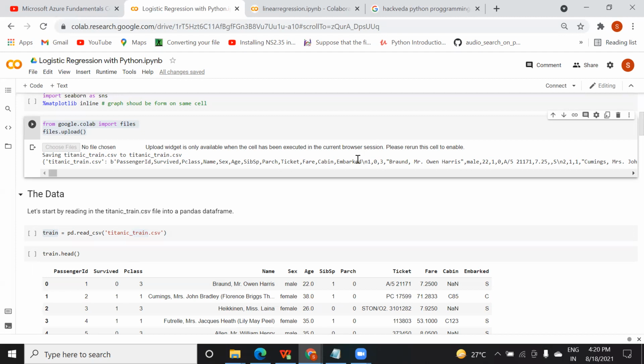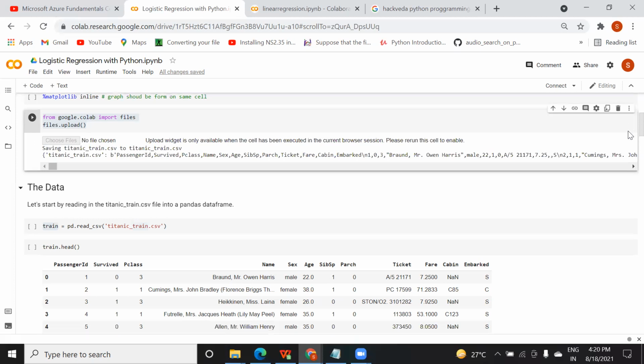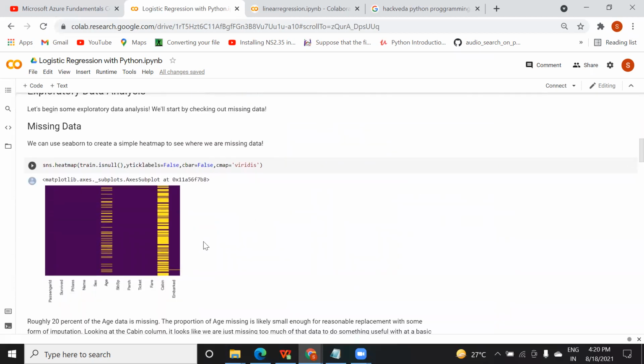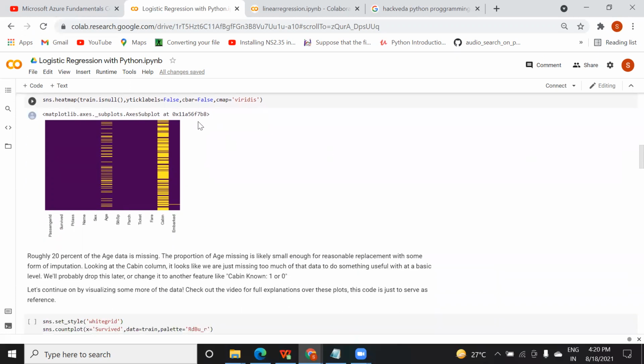So यहाँ तक समझ में आ गया, right? हाँ, करेक्ट। सो यहाँ पे हीट मैप में आप नल वैल्यू देख सकते हो, तो इसलिए ये सब ग्राफ बहुत ही इंपॉर्टेंट हैं to understand. This somewhat looks complex because we don't remember the arguments, but when you work in the industry you can take a reference from Google, like how the parameters you can place it, and based on that you have to work, right? So you can see I have added a comment also: 20% of data are missing in the age column, and in the cabin column more than that, okay?